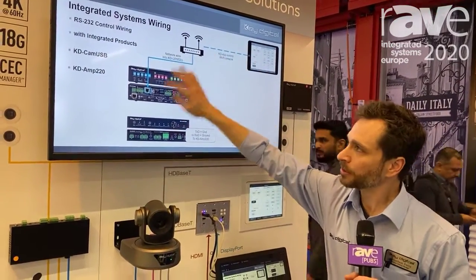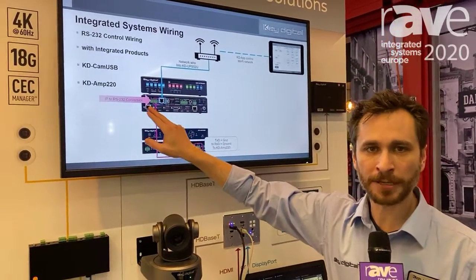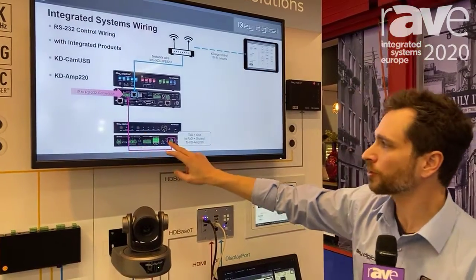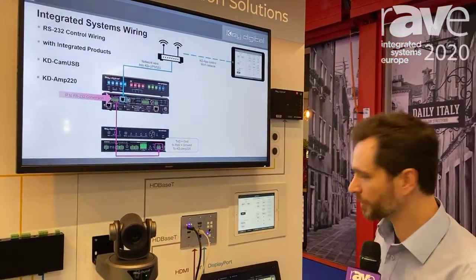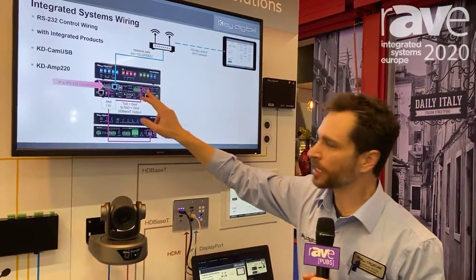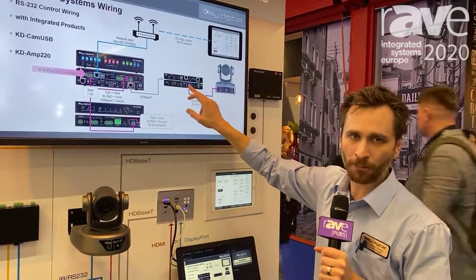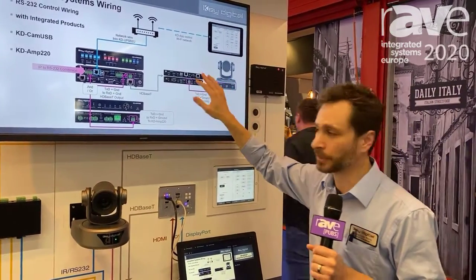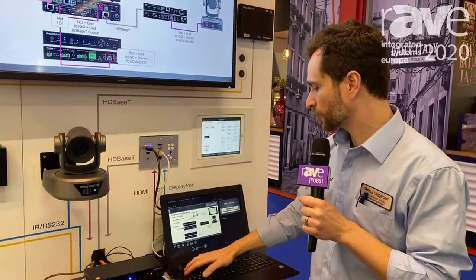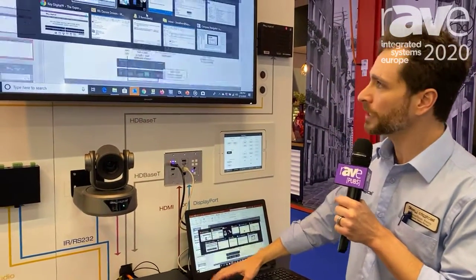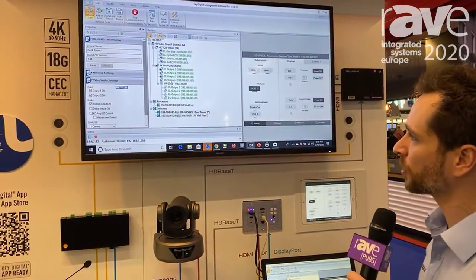The app communicates to the presentation switcher, which will convert IP to RS-232 so that our amplifier can be controlled directly from the presentation switcher. And we hop RS-232 commands to the HD-BaseT output to control the camera, which is typically located right there at that display connection. So when we go into the Key Digital Management software, which is our universal management software,